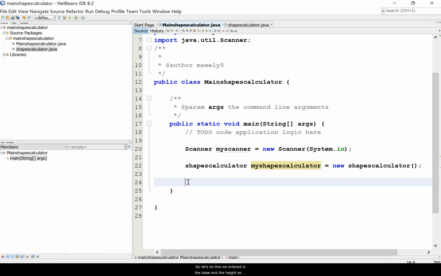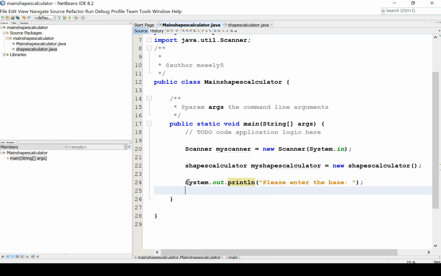So let's do this. We wanted to enter in the base and the height, so system.out.println, and we'll say please enter the base, and we'll have a double base equals myscanner.next